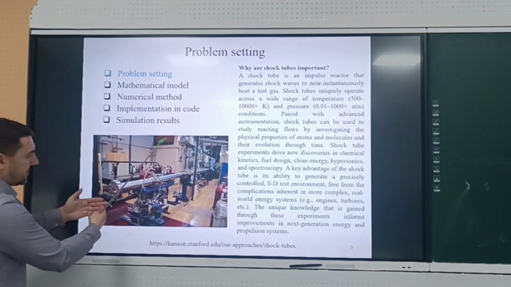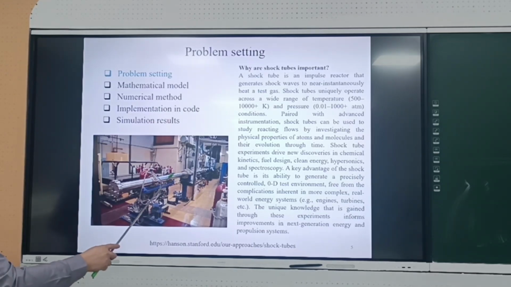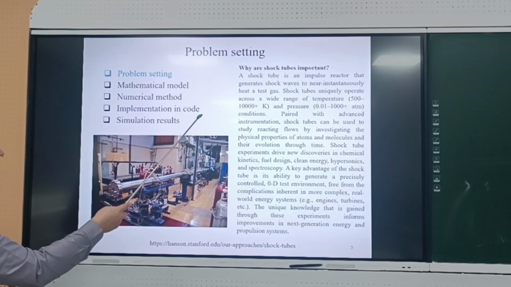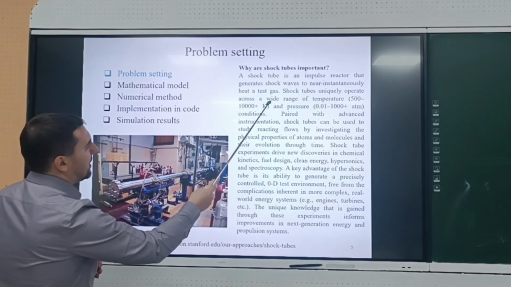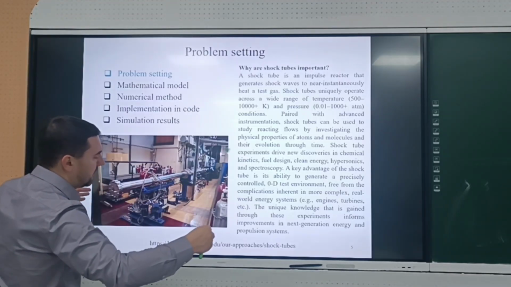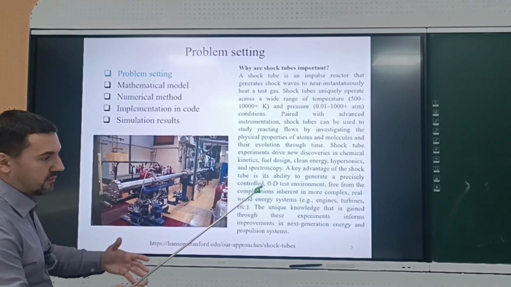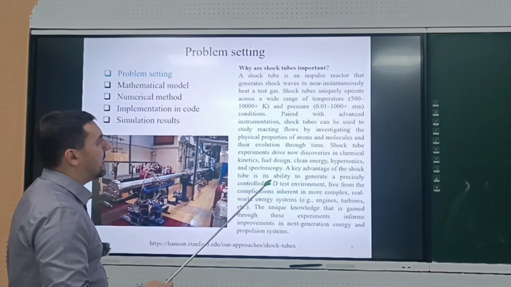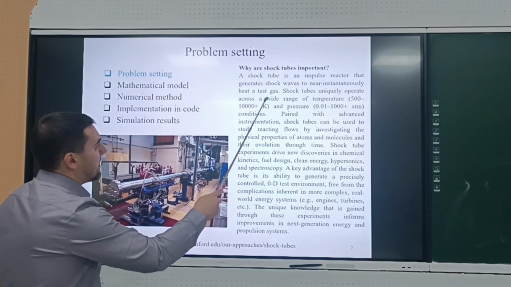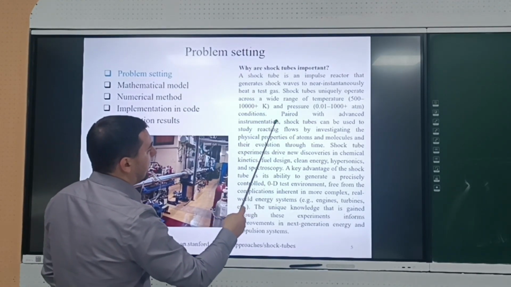So a shock tube is just a long tube, several meters long, with several sections, and it can be used to obtain high pressures. A shock tube is an impulse reactor that generates shock waves to nearly instantaneously heat a test gas. It means there is very fast propagation of the shock wave, and you can obtain almost uniformly compressed and heated mixture. Shock tubes uniquely operate across a wide range of temperatures, up to 10,000 plus K, and pressures